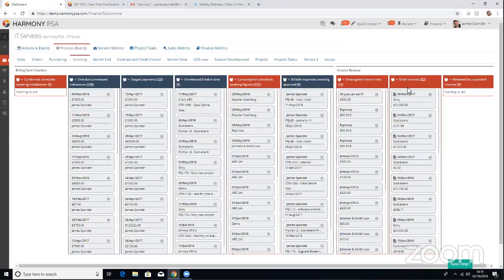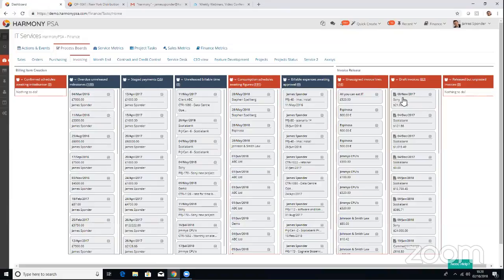Again, I can click on the column and go to that list and work through them. I can expand them and see a bit more information. The way Harmony works is, and this will be very different if you've not got one system that does all these things at the moment, in Harmony, you're not going to go into the invoice here at the end and start putting stuff onto it or editing things or changing things. You can if you want to, or we advise it if you need to, if a mistake's been made, for example, but that's not the way you create your invoices,